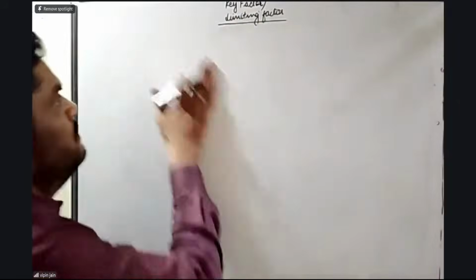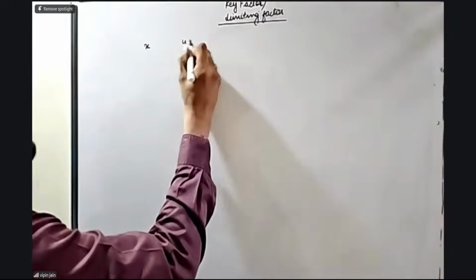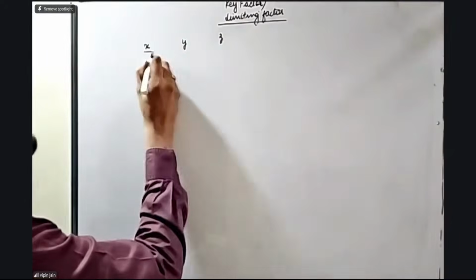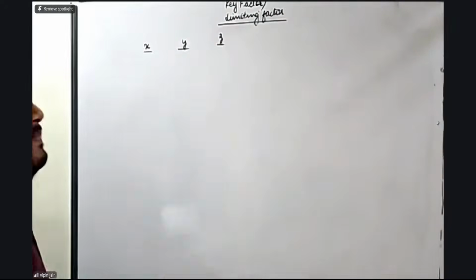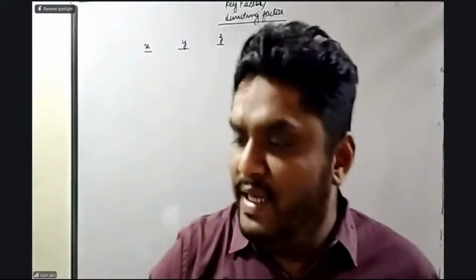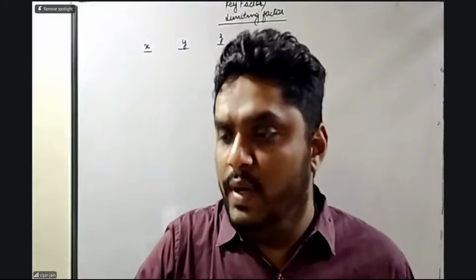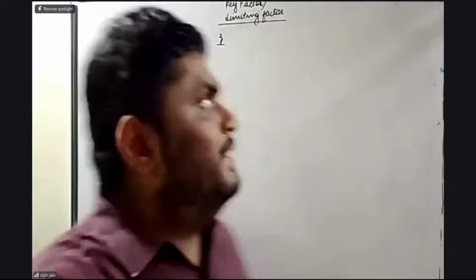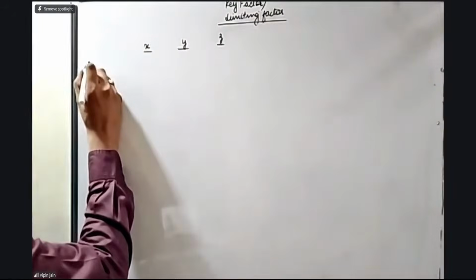So let's start with this concept, key factor or limiting factor. Now let me explain this concept with the help of a very basic example wherein I'll be covering many points. So let's start with a very basic scenario. Let's say I'm manufacturing three products, X, Y, and Z, and the selling price of these three products are